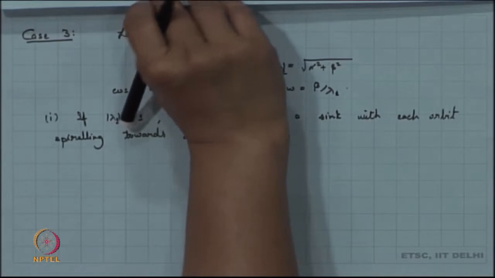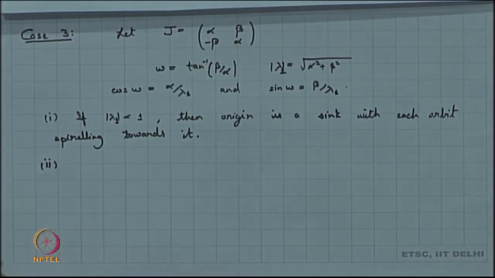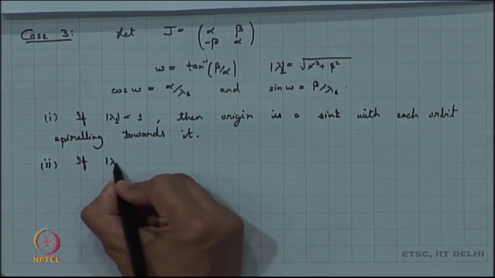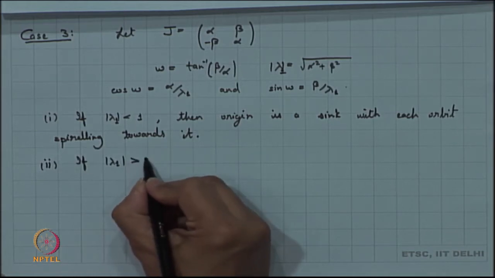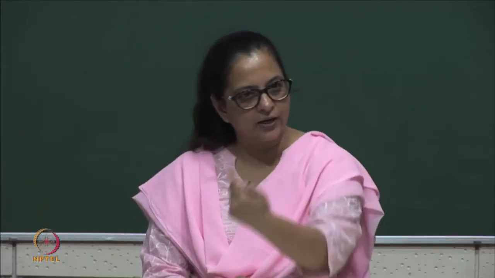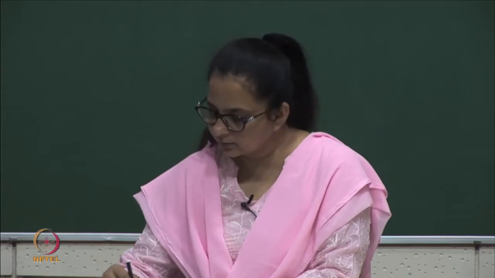So, what happens here in the second case? The second case here is if mod of lambda 1 is greater than 1. Again, what happens in this case? Again you have a rotation matrix and you have your lambda, and lambda greater than 1 means it is basically tending to infinity. So, your origin is a source now, but the orbits are spiraling around it, right. So, the origin is a source,